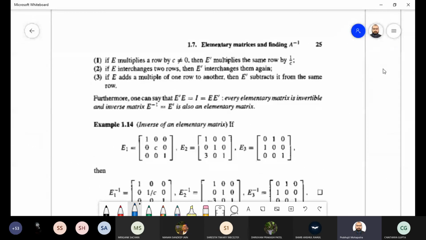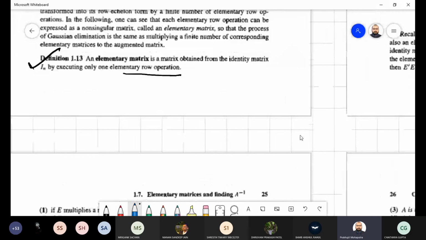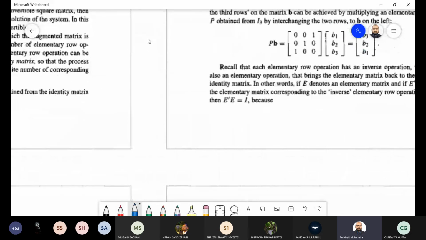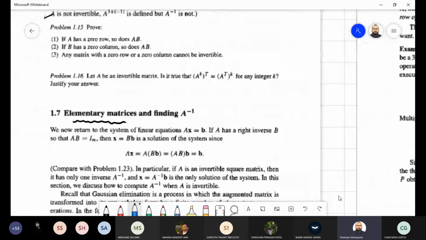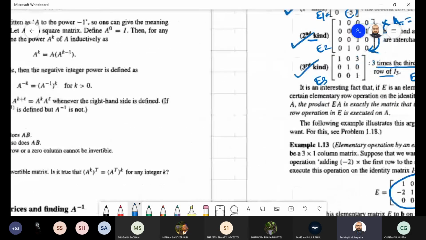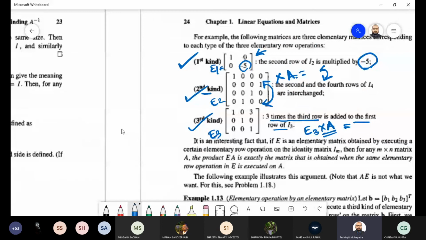And you know, we always have the reverse action also. You remember, the three operations that we are doing here. We know that if we can multiply C with any row, the reverse is also possible. How is the reverse possible? We can multiply with 1 by C. So if this is the operation E, then E dash is nothing but the reverse. You will multiply 1 by C, so that we will get our original matrix A. Getting it? So that is allowed.